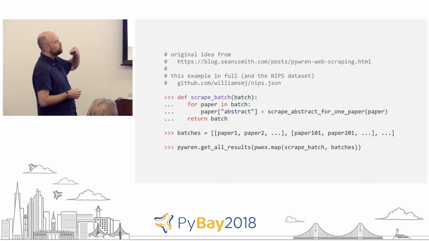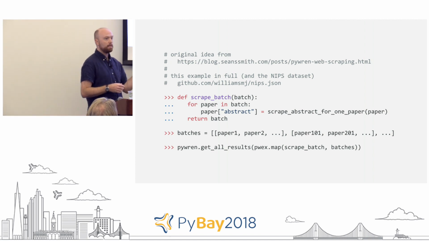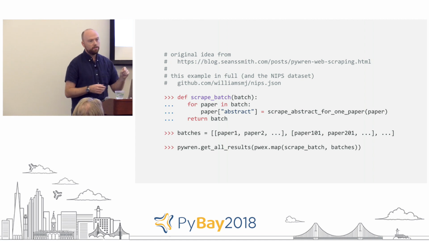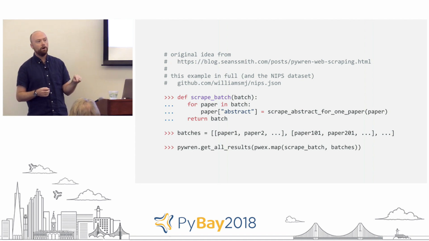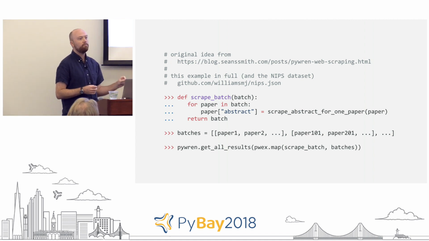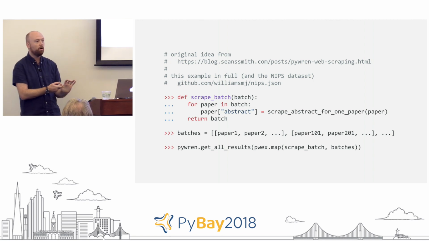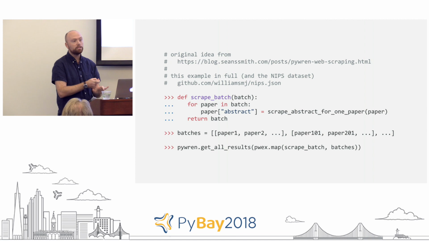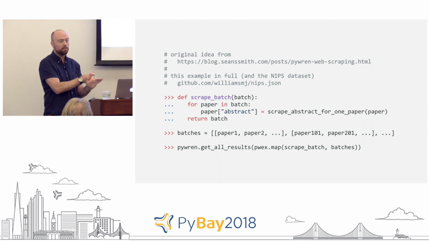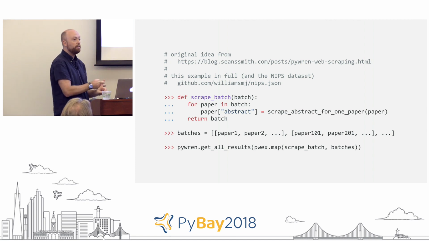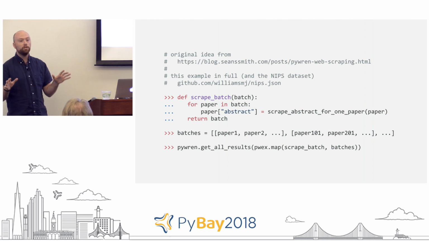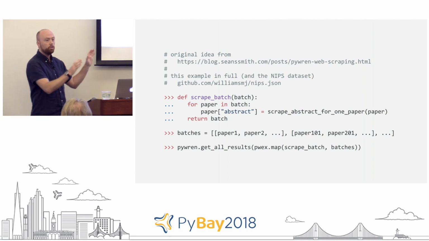And I wanted to do this on AWS Lambda for a couple of reasons. Firstly, I was scraping them locally one at a time. If I'd have been really clever and used the multiprocessing module or something like that, I could have done them four at a time on this laptop. Or I could have written some asynchronous code and turned my brains inside out, which is no fun, and done it even faster. What I wanted to do is just change one line in my code and do it on